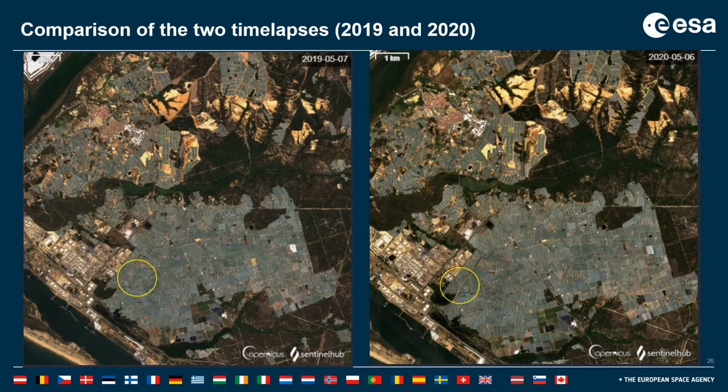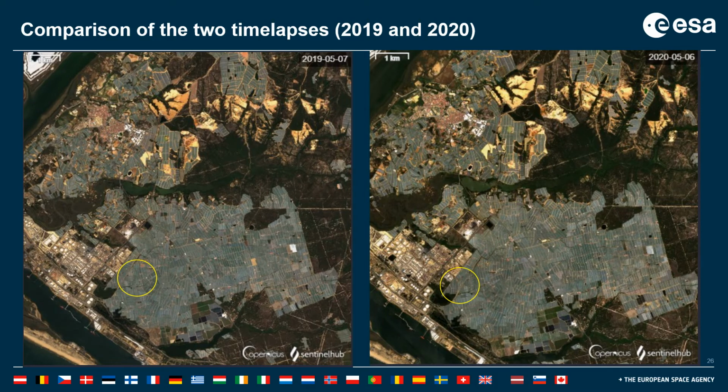The date is indicated at the top right of each image. Those two shown here are almost from the same day, but from different years. On the left, 2019, and on the right, 2020. Look especially at the yellow area, because later we will use one of the fields there to extract the time